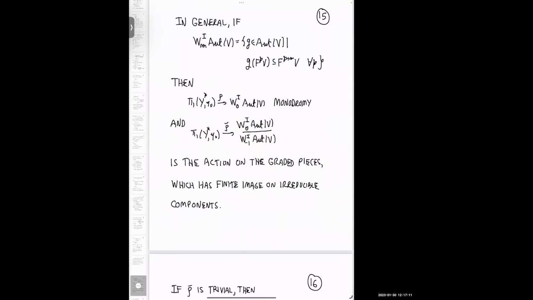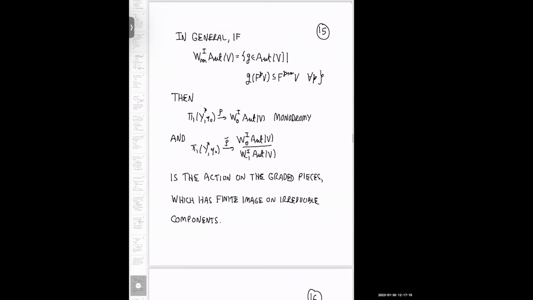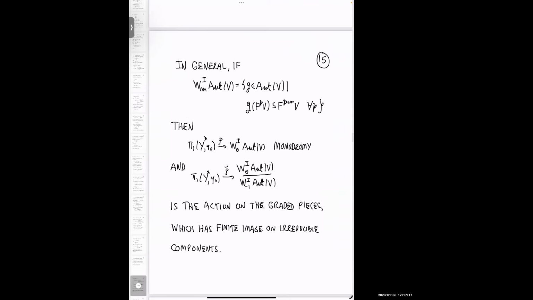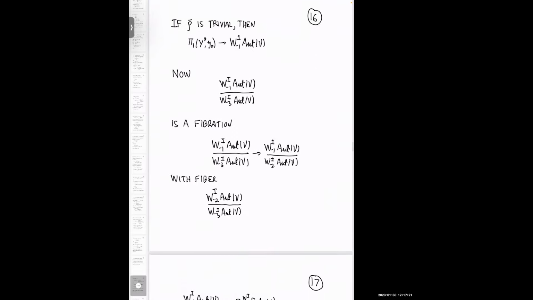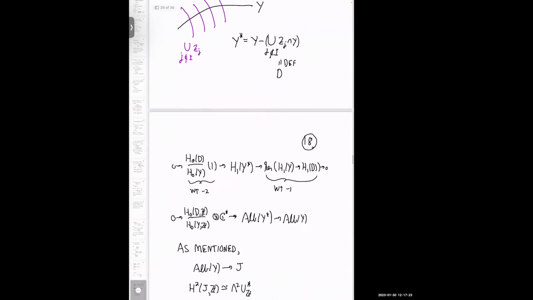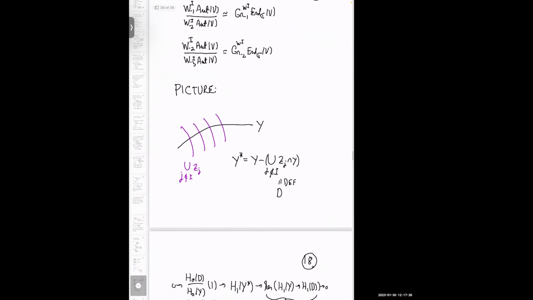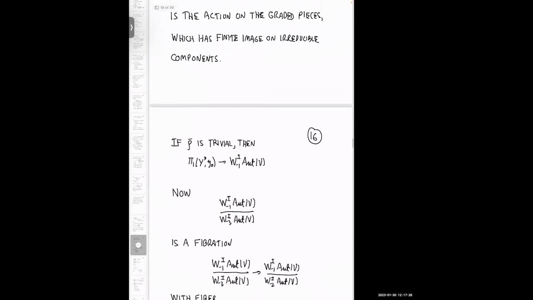So, okay, now I want to gradually transition to pi1, but I just want to check what I've got. Yeah. Picture down here. Yeah. Let me, yeah. So